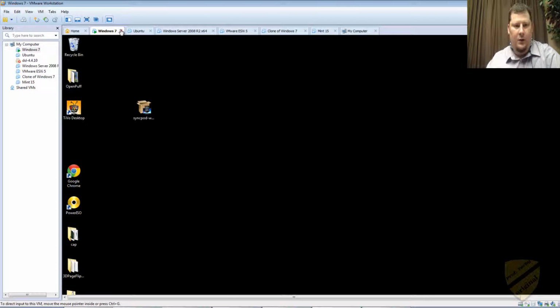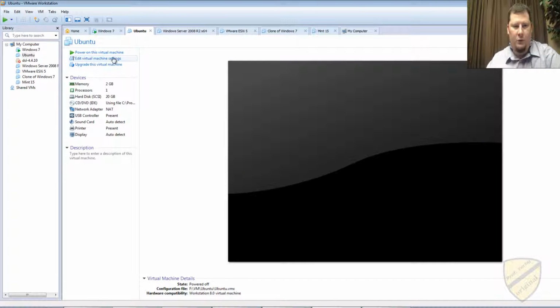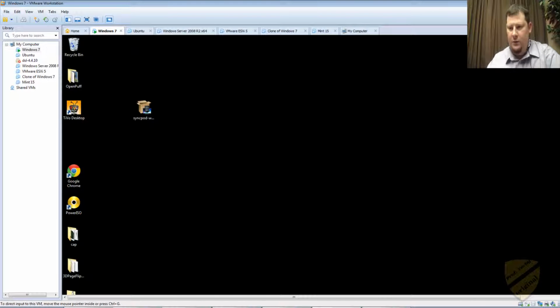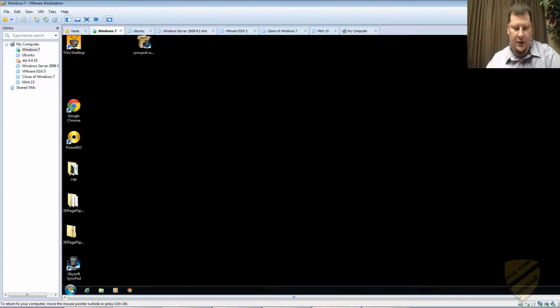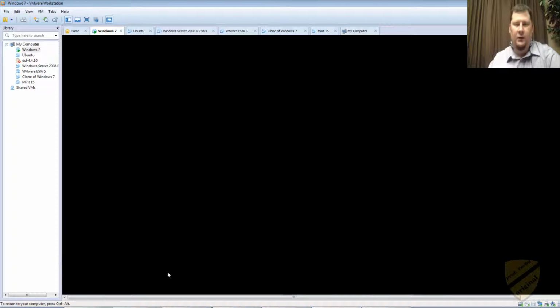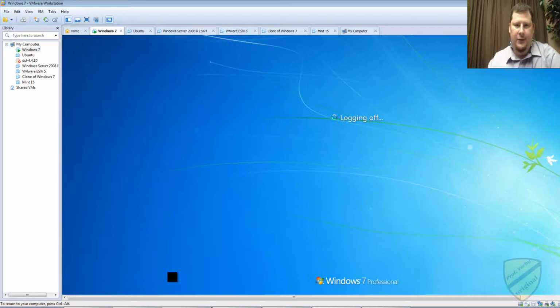But I have all these different machines. If I wanted to turn this one on, I would just power it on. If I wanted to shut this one down, it's just like I have a version of Windows. So in that instance where you need to look at something in some funky version of Linux,